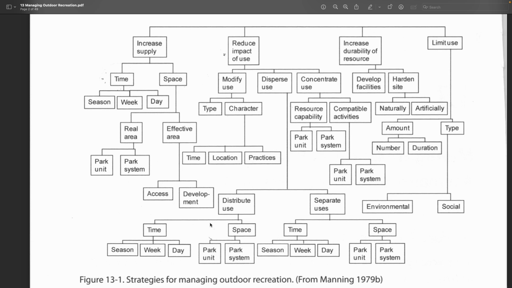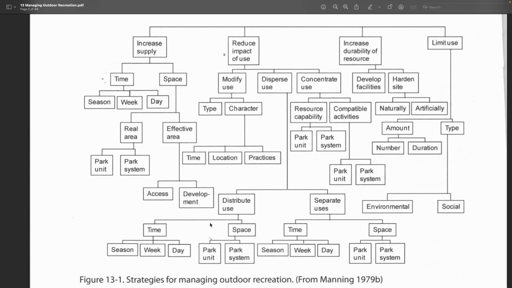I know this is a big thing, it's a lot of small text, but I promise you this is the answer for the rest of the semester. And learning to navigate this and explain why you chose the branch all the way down to the specific tactic that you did to answer a management question for this class, it really is the whole shebang. This is again, the answer key for the rest of the semester. All right? So, one thing we want to think about with this is,